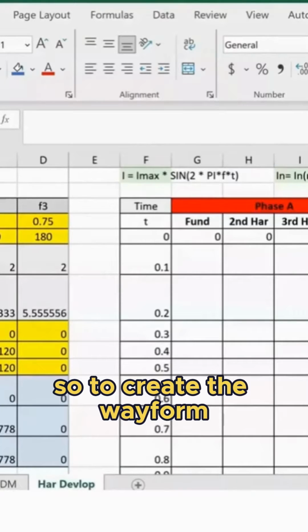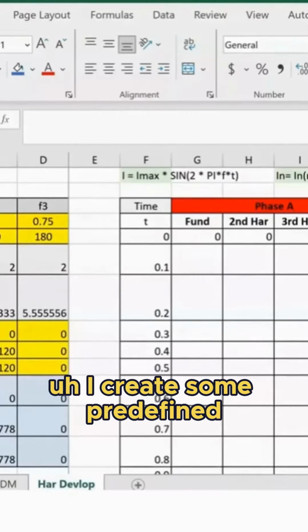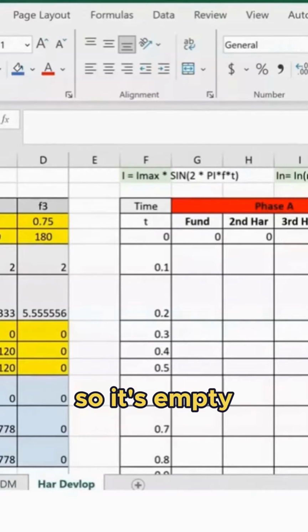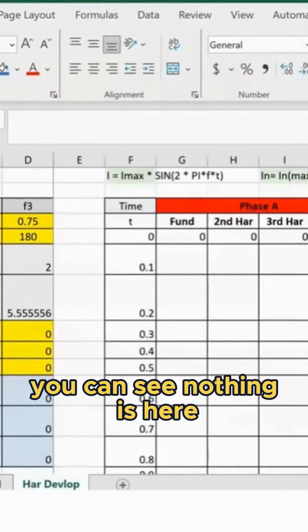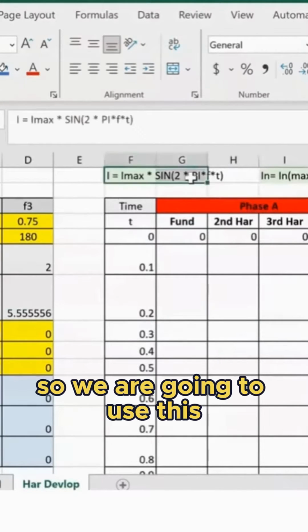So to create the waveform, I created a predefined table. It's empty. You can see nothing is here, no chart, nothing. So we are going to use this